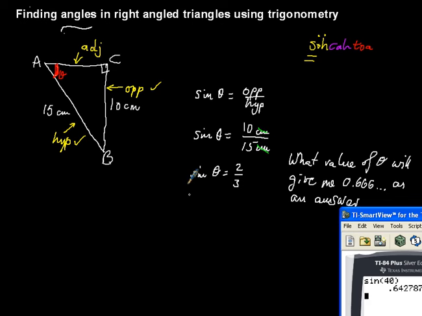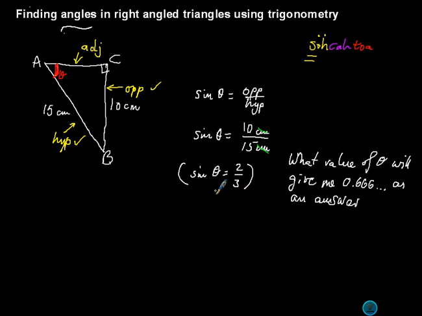Well, the answer is that I'm going to have to do the other way around. I'm going to have to take that equation and find the inverse sine. I have to do the opposite of the sine function, and the opposite of the sine function is the inverse sine, written as sine to the power of -1. Sine to the power of -1 of all of this equation, that means I'll do the inverse sine of this, will give me theta. And then I need to find the inverse sine